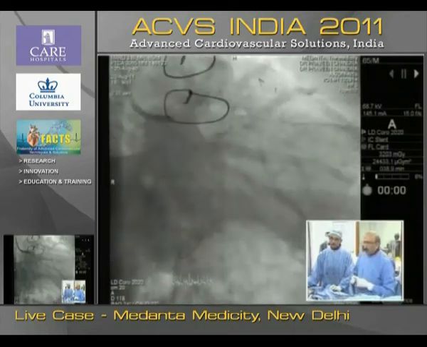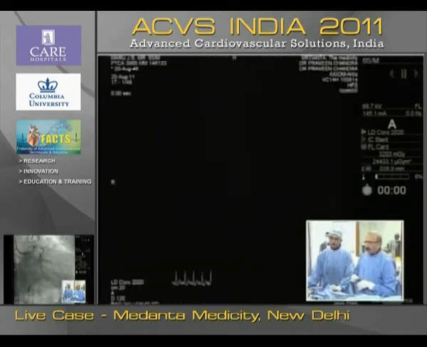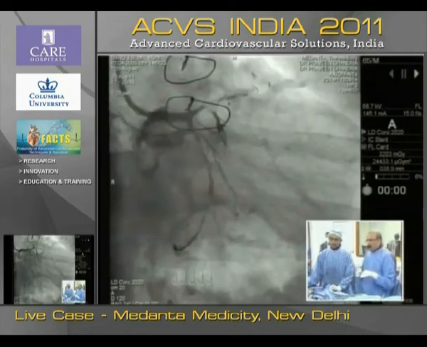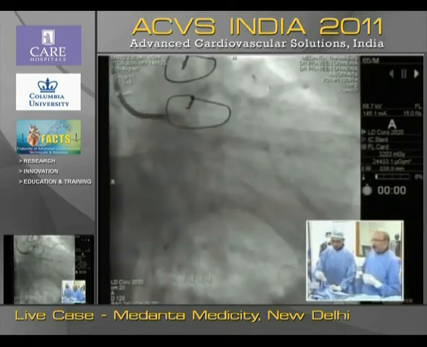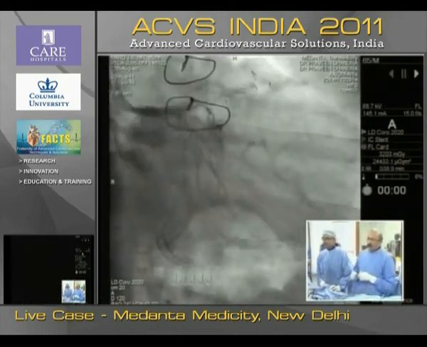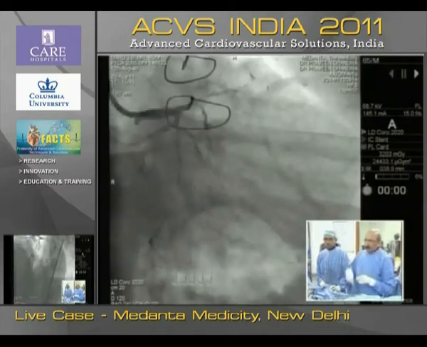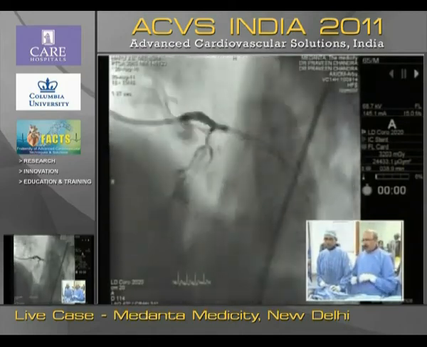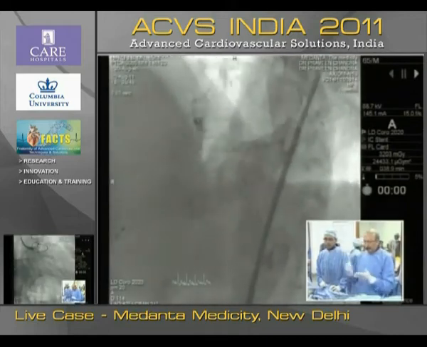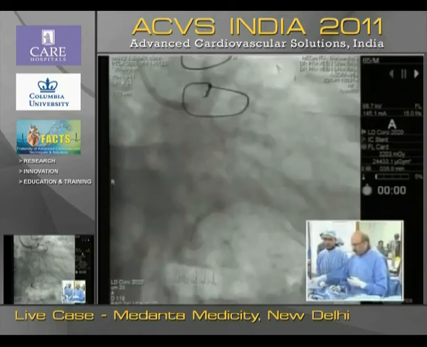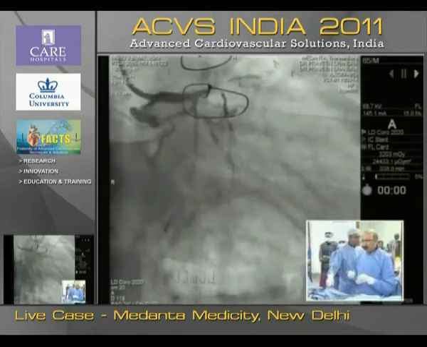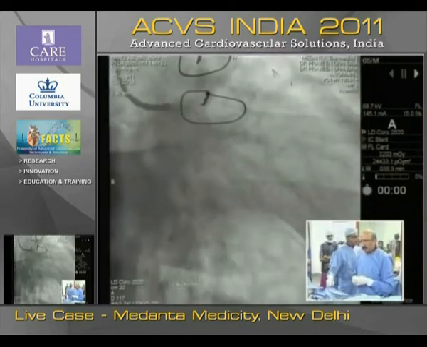So now the question was whether to put stents all across, or first put the diseased portion and then see whether we still need another stent distally or not. Generally we put stents distally and then proximally, but in this situation I decided to first stent the proximal part and then see. Sometimes because of chronic underfilled situations the vessels keep underfilled, and once you open up the vessel it starts blowing up. So we took a 2.5 into 32.